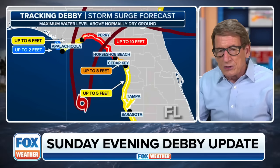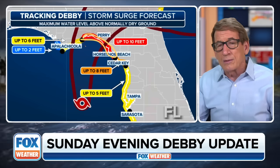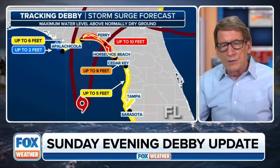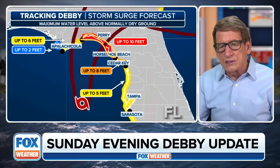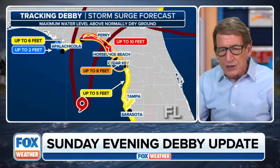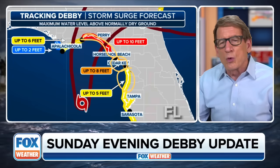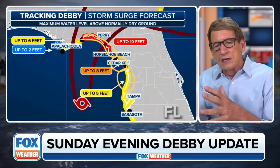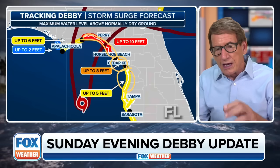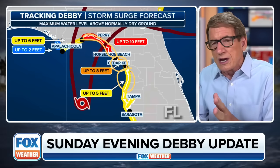That's why up to 10 feet, if it occurs at high tide, somewhere in that area, up to 10 feet, and that's from southeast of Tallahassee all the way around almost to Cedar Key, and then up to 8 feet around the Cedar Key area, and then up to 5 feet in the north suburbs of Tampa Bay, and this would include Port Richey and up in Pasco County, up to 5 feet if the storm surge coincides with the